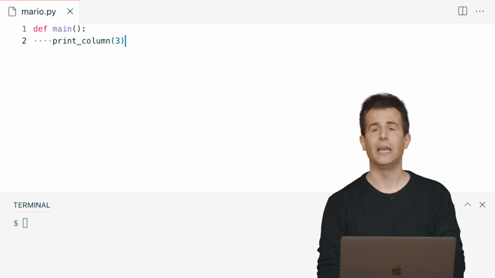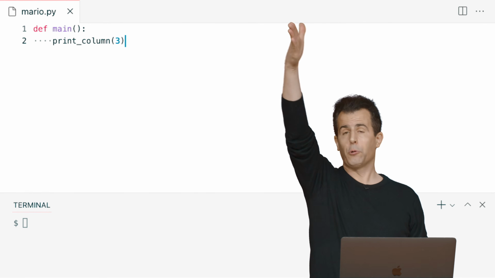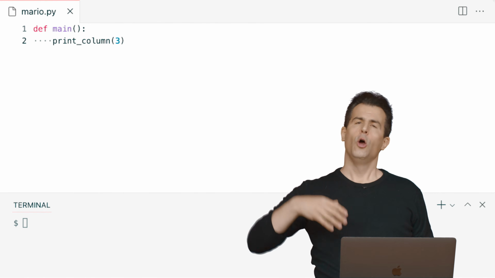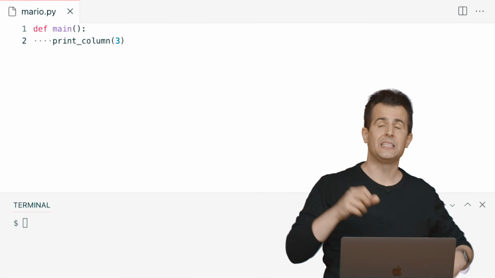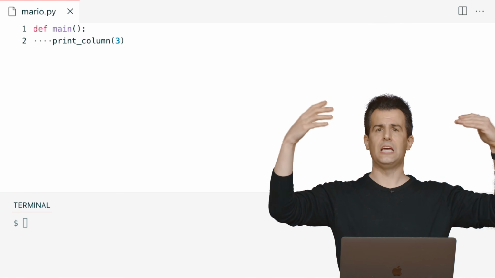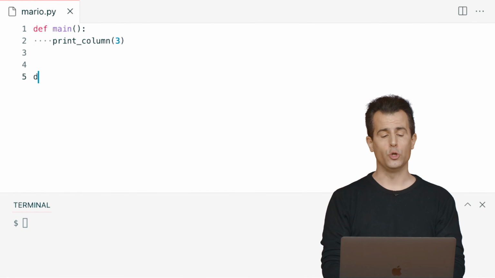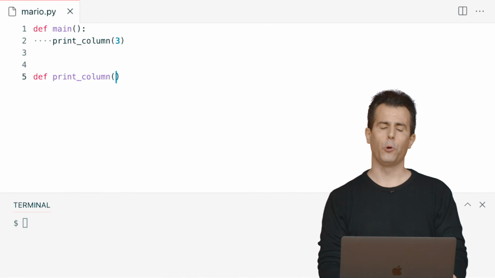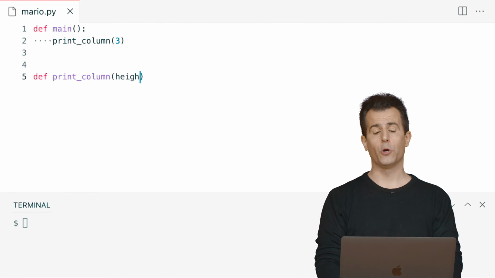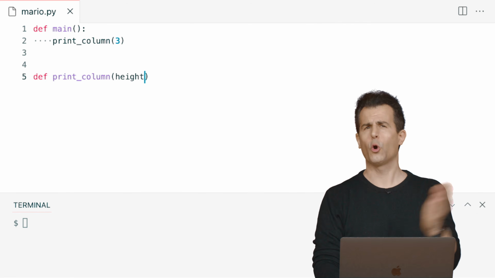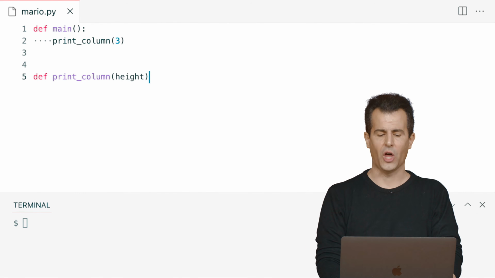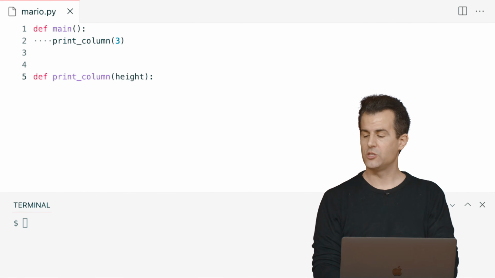That seems as good a name as any to use for a function that prints a column of bricks. Well, how can I go about implementing this abstraction, this simple idea, printColumn, with actual code? We've seen before that with def, we can do just that. Let me define a function called printColumn. Let me accept as its input, generically speaking, a parameter called height. I could call it n or h, but I'll be a little more explicit with height, just so I remind myself what it's doing.